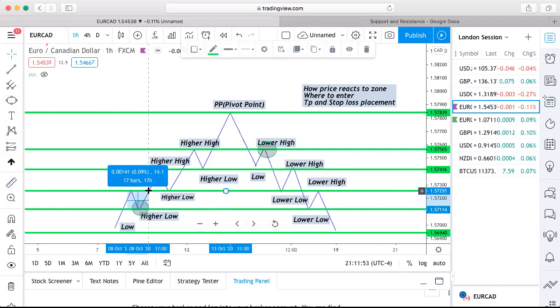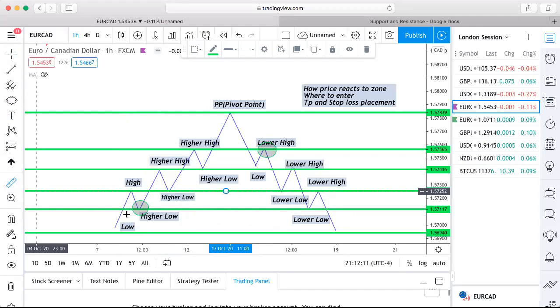Why? Because zones are reversal zones. It's not a guarantee that price is actually gonna break through this zone. So I wanna get out in case it reverses, right? So if I'm riding this up, this is 14 pips, right? So if I know price didn't actually break through this zone right here and it's on its way back up,